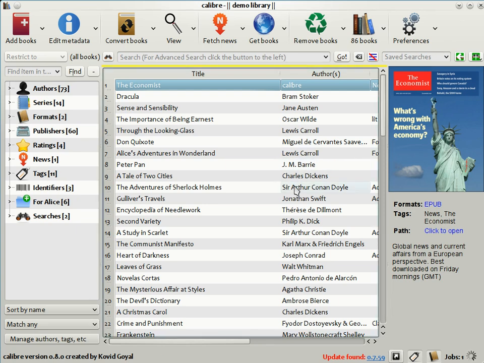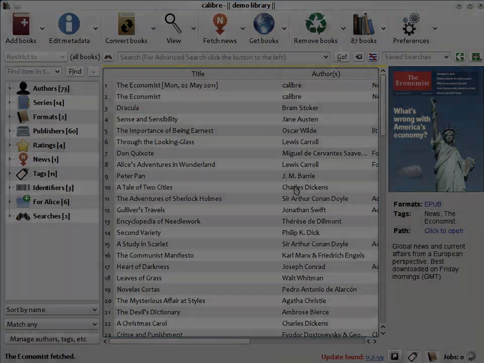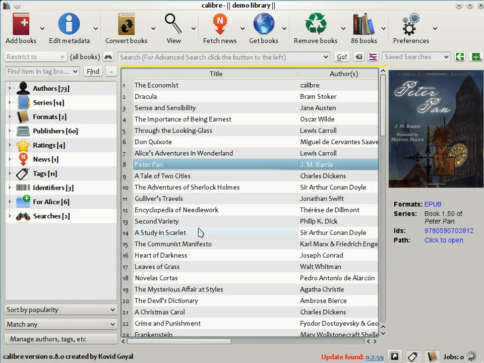So we've seen that the download news feature allows Calibre to get news from all over the world and convert it into an ebook format that you can read on your device. Now let's look at